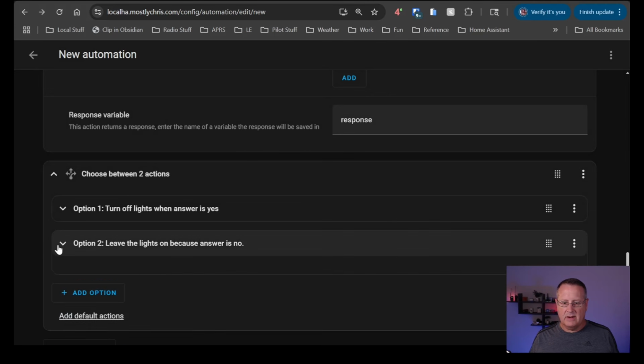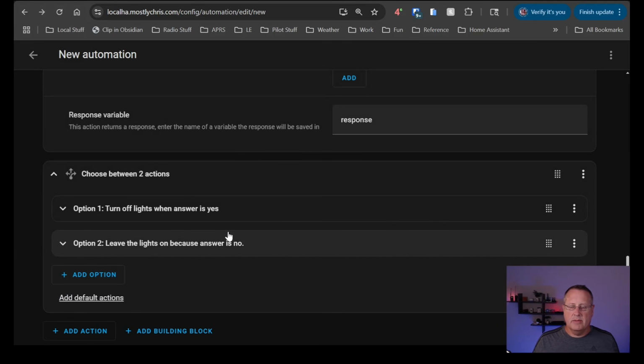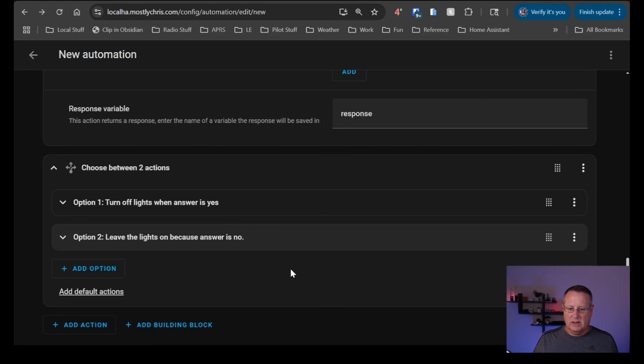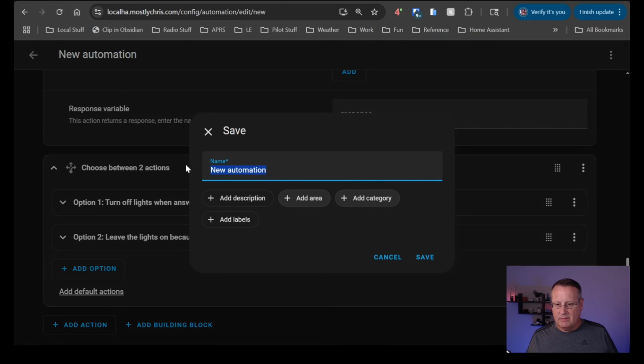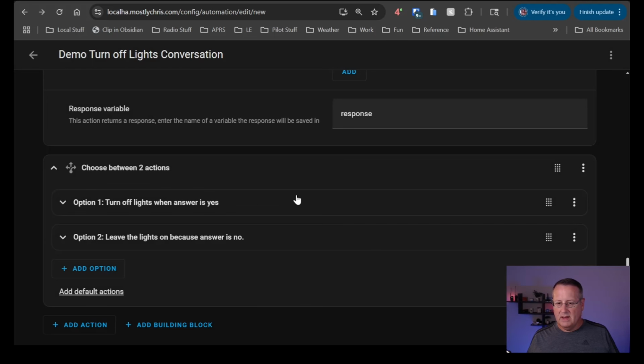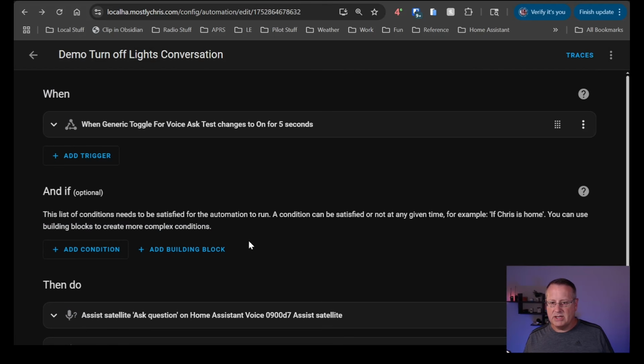And now, again, like I said, when you look at this from 2 months down the road, you're like, what are we doing with option 1 and 2? You get to see that quickly. So we have our 2 options down here, and we're ready to go. So now we can save this. So let me click on save. We'll give it a name. We'll call this demo. Turn off lights conversation. We'll save that. And now we've saved our automation that will let us have a little bit of a conversation